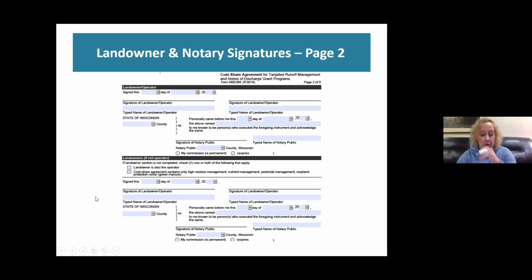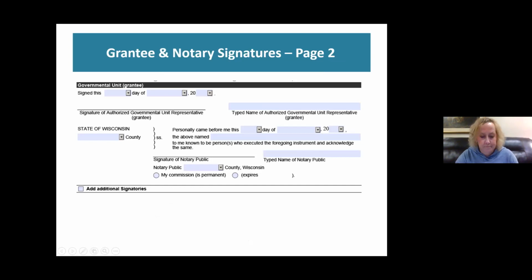And each signature will need to be witnessed by a notary public. The notary will need to fill in the notary section in addition to providing their notary seal or stamp. And that's down here in this area or right here. And then once the landowner or operator signs,